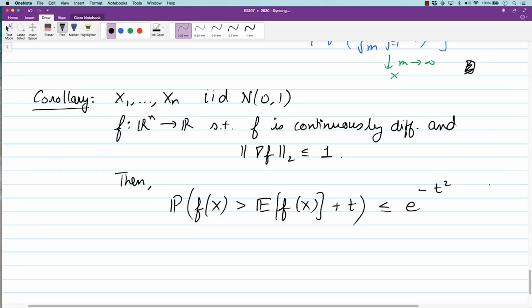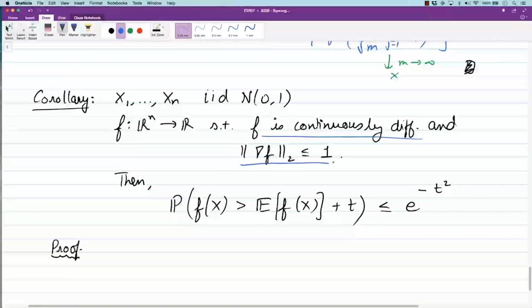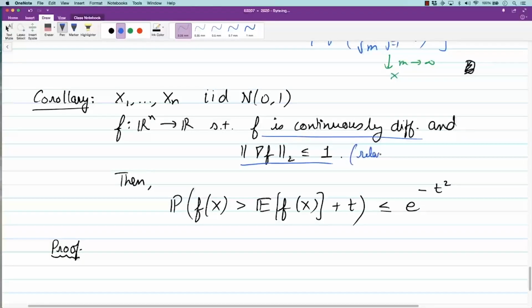Okay, so let's see. I think that's the claim we can show. Maybe a constant is off, but let's try to prove this. So how do we show this? By the way, this condition here, continuously differentiable, I think it can be relaxed to